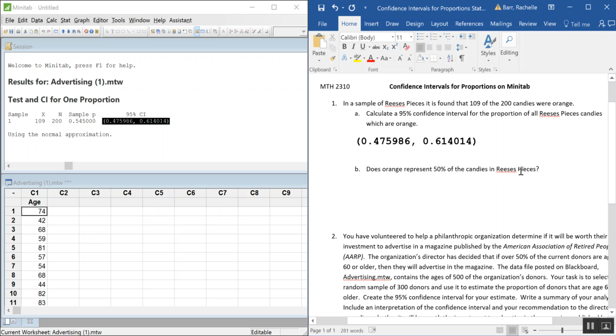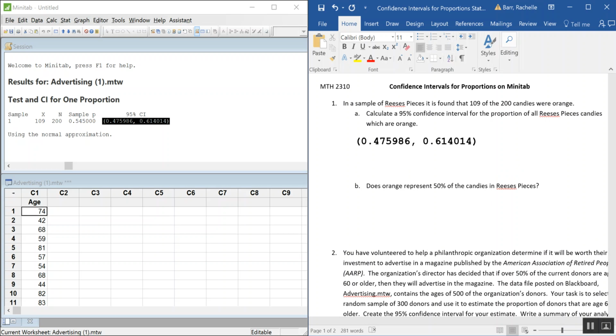That's about all I wanted to do. So if you wanted to know some other things about your confidence interval, like maybe you wanted to describe it, this is exactly what you say. We're 95% confident that the proportion of orange candies in all Reese's Pieces. So remember, this is a bit of inference, which means that I'm always talking about the population using sample information. That's what a confidence interval does for you, is between,